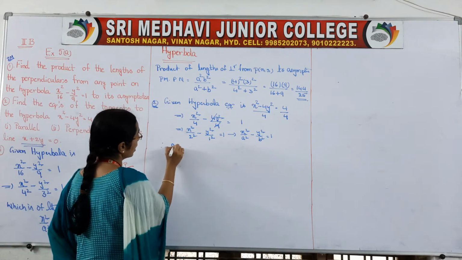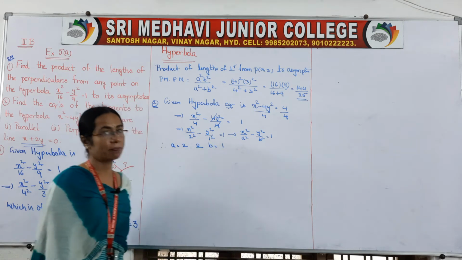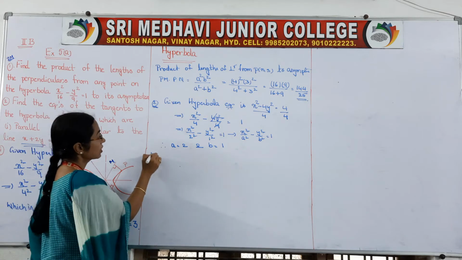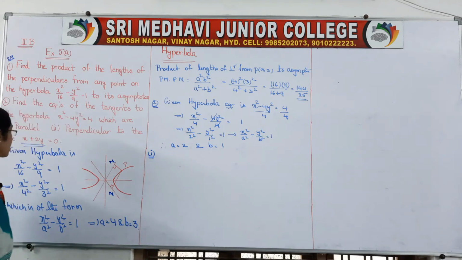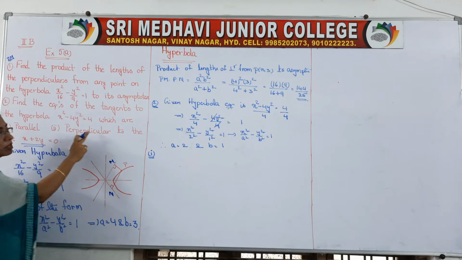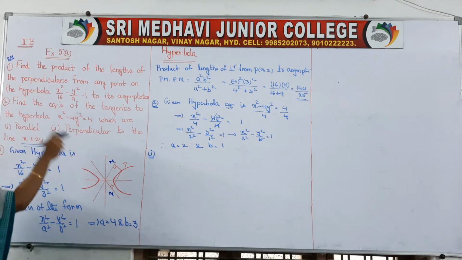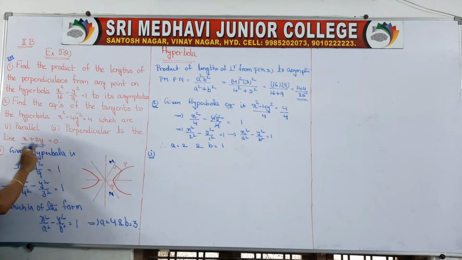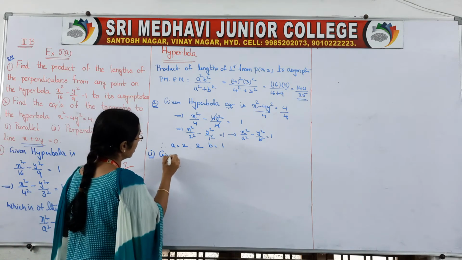So therefore a is equal to 2 and b is equal to 1. Okay. Now, there are 2 bits in this second question. One bit is we have to find the equation of the tangent parallel to this line, and the second bit is we have to find the equation of the tangent to that ellipse which is perpendicular to this one. Okay. So first, the given line equation is